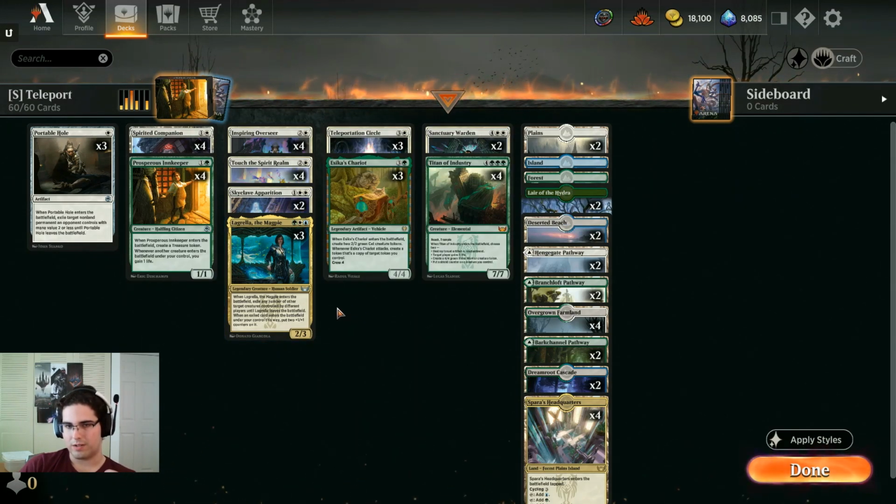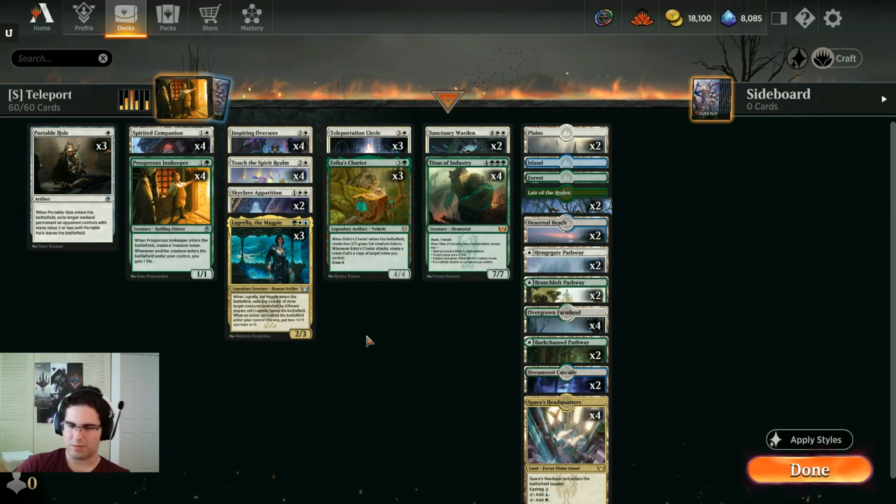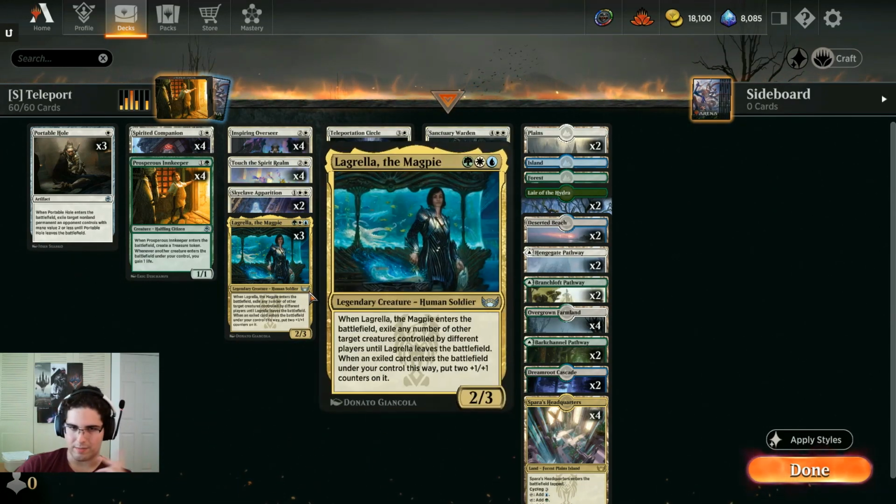It's just exiling one of their things, but they get the same thing back, so it's less good than Skyclave Apparition in that sense most of the time. A third point of toughness is relevant sometimes. But,